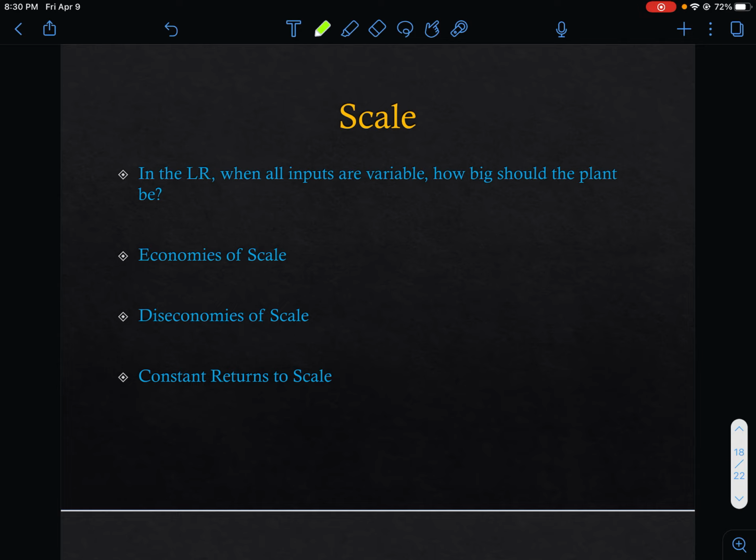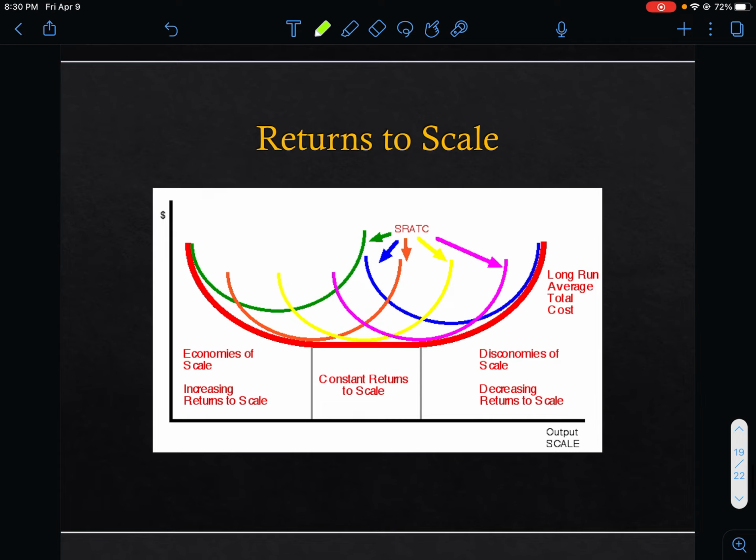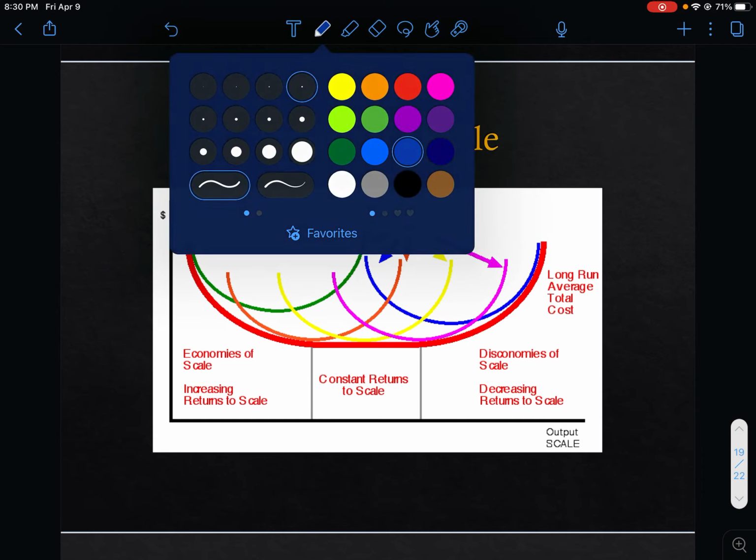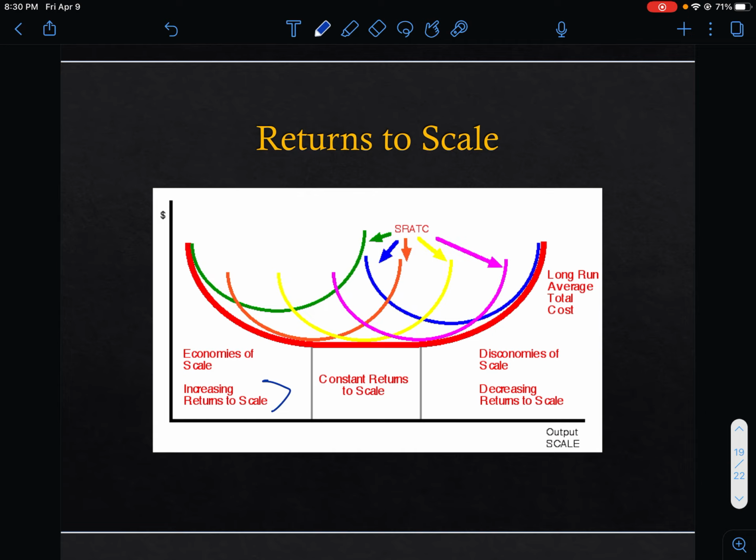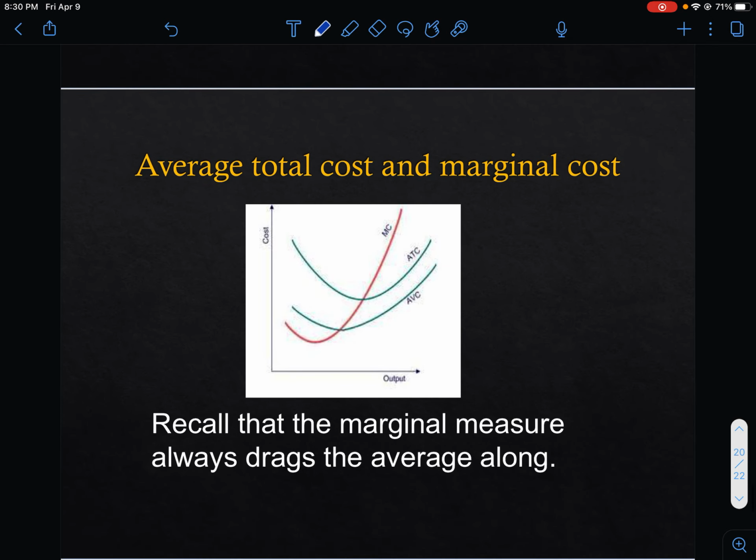Here are those concepts, right? I already labeled them on the graph, so if you want to pause and look at them, you can. Otherwise, we'll move on. Here is a pretty textbook version of what I tried to draw just a few minutes ago. But economies of scale, constant returns to scale, and diseconomies of scale. This part right here, increasing returns to scale and decreasing returns to scale, that's just another way of saying this. So you can either think about that or not. That doesn't matter. I'm happy if you think of it as economies of scale and diseconomies of scale.